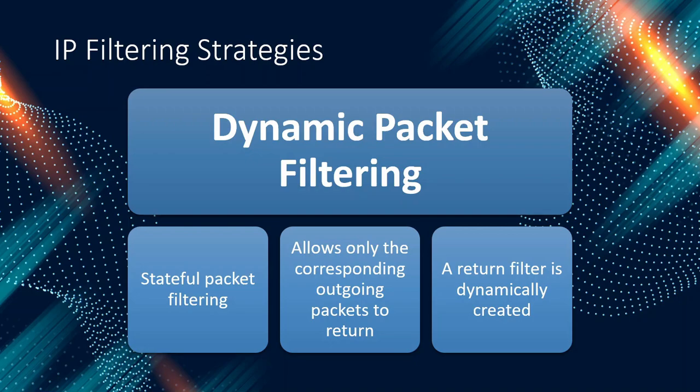There are many more IP filtering strategies, like inter-token packet filtering, which aims to remove DDoS, then ingress filtering, which filters unknown or illegal addresses, and others like source address filtering, TCP acknowledgement bit filtering, fragmented packet filtering, etc. But these five that I have discussed are the basic and widely used ones.